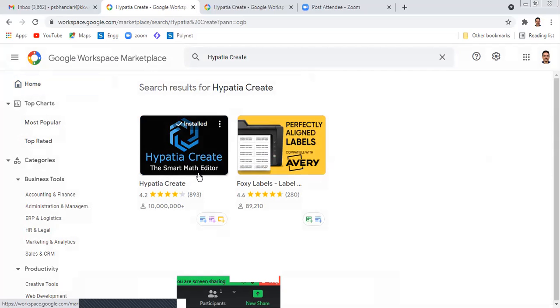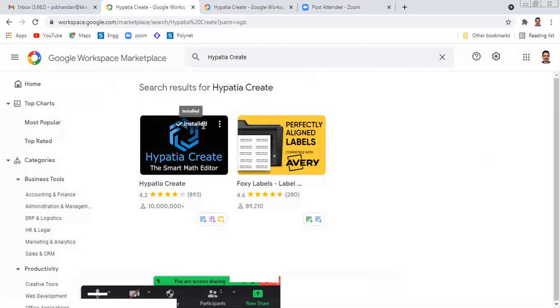You have to install it so that it will be available as an add-on tool in your Google Form. But since I already installed it, you can see that it says it is already installed. So let us understand how this Hypatia tool can be used for adding mathematical terms, equations, or chemical reactions in a Google Form.